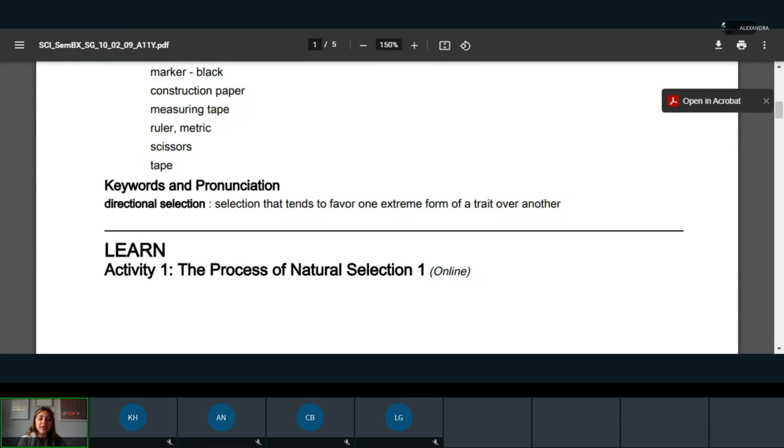So when we talk about evolution, one thing that I really want to stress is that it is really about the change in a population over many generations. So there are two key things in that statement. Population. Evolution, natural selection is one way of evolution, and that is not going to happen in one individual's lifetime, okay? But instead, it happens over many generations. We're going to understand how that works.